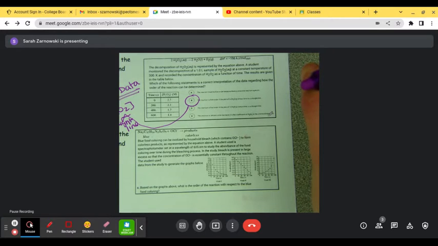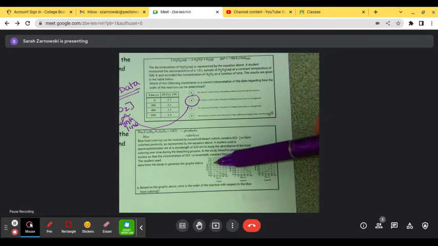spectrophotometer set at a wavelength of 635 nanometers to study the absorbance of food coloring over time during the bleaching process. In the study, bleach is present in large excess, so the concentration is essentially constant throughout the reaction. So we kind of talked about absorbance and wavelength in one of our other units. So for this, we want to pick a graph that is going, well, based off this, it says based on